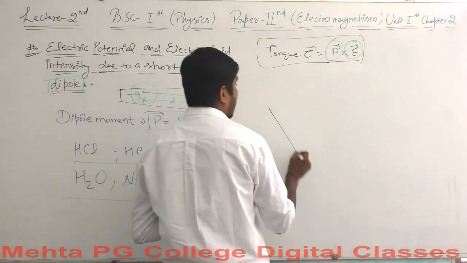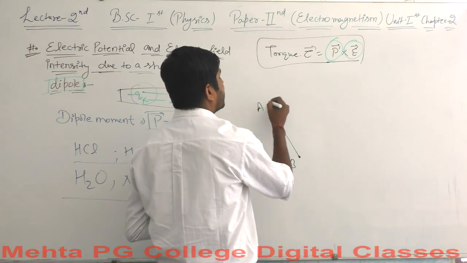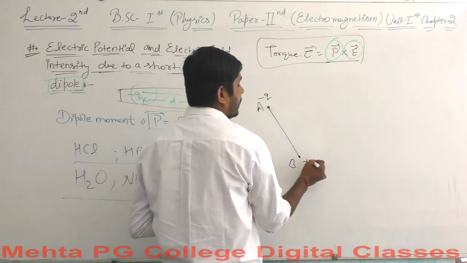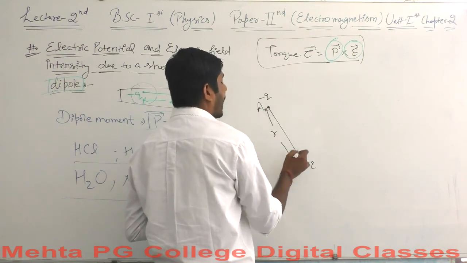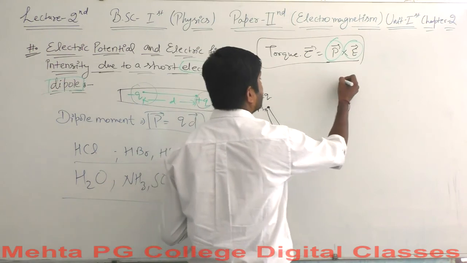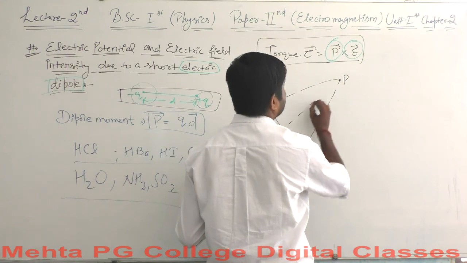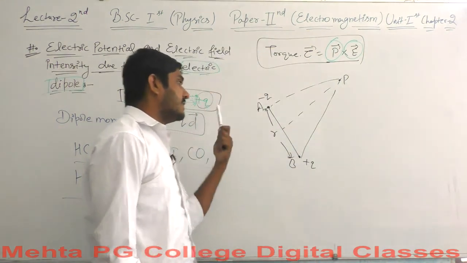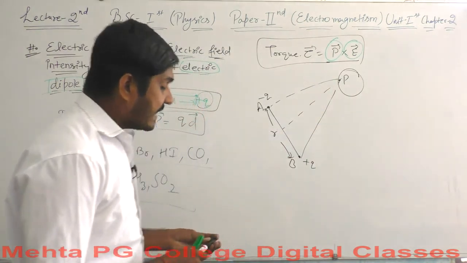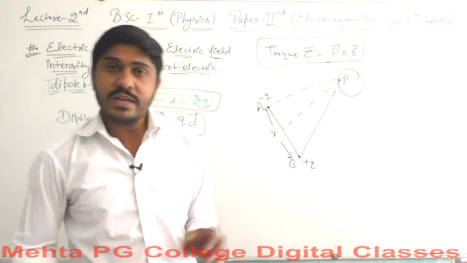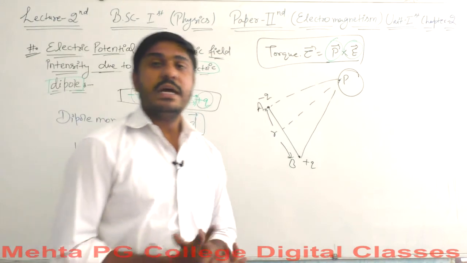Let's say this is an electric dipole AB, which has two equal and opposite charges separated. Let's say this is minus q at this end and plus q at this end, and it has a length of r, and we will assume a point here. Let's say this is point P, and we will calculate the electric field just because of this electric dipole at the point P. Well, I think this is enough for this lecture. We will continue this example in our next video.